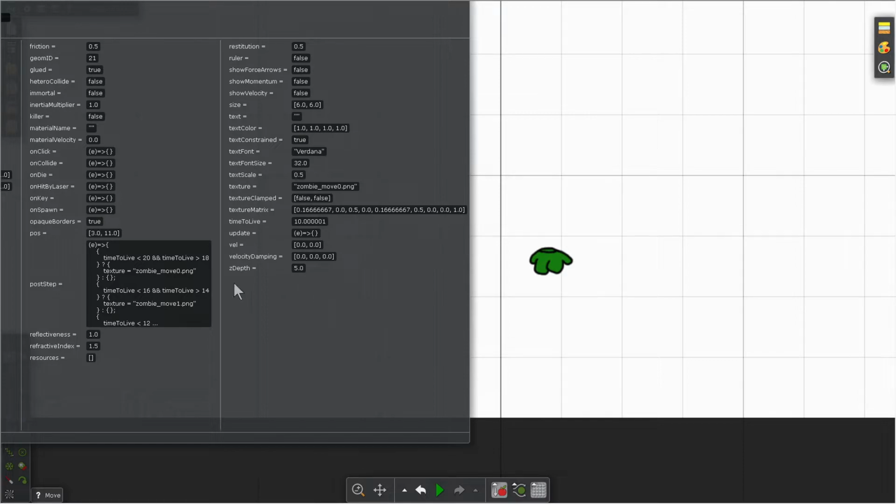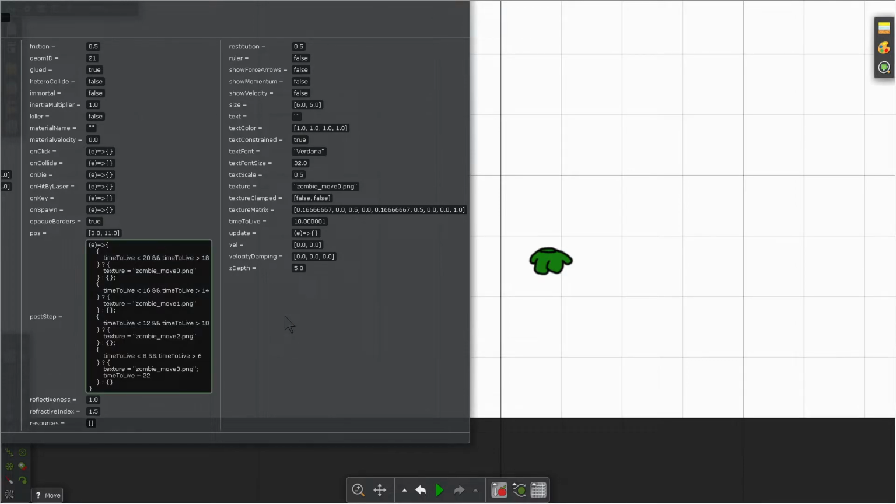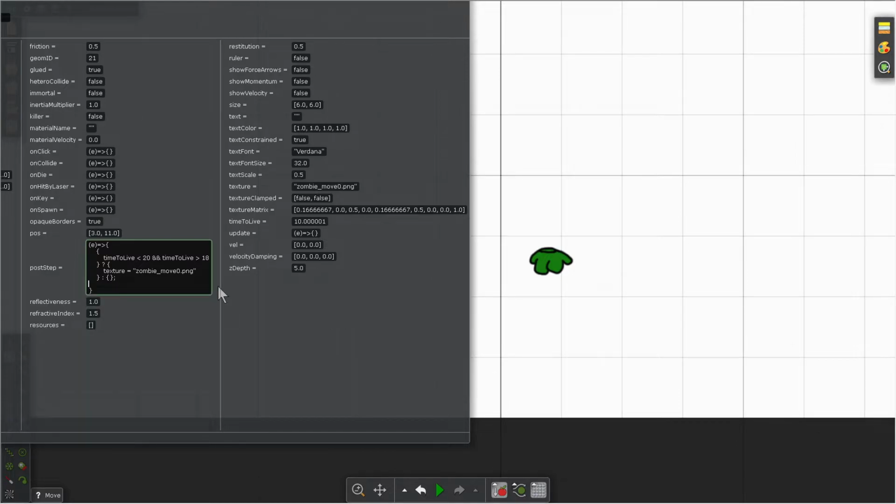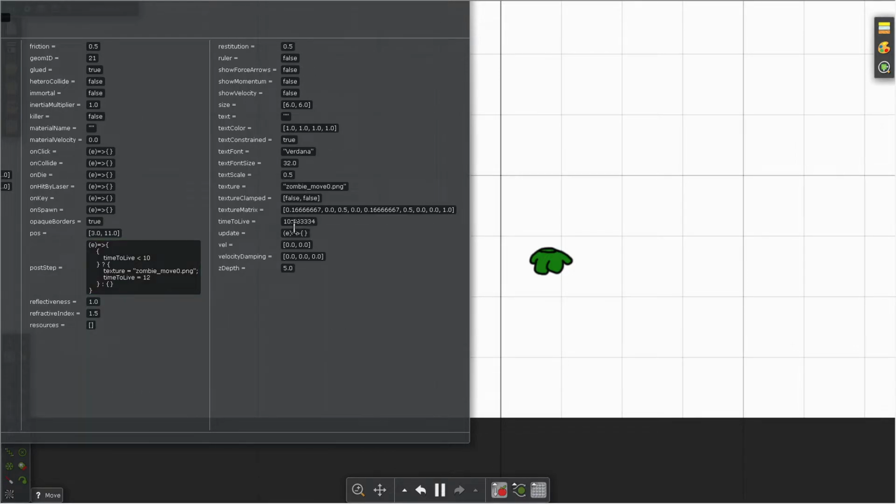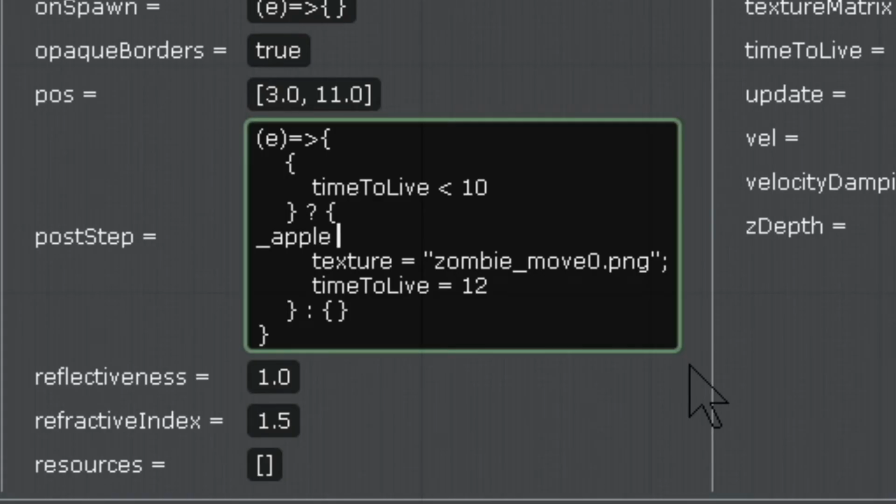However, this is not ideal when you have more textures, as changing each frame with their own code can be time-consuming, especially if you also made mistakes that need to change for every frame, and it is also very large, so we will be scratching that and leave just one if statement. Now the statement is very simple. Every time the timer goes below 10, it will set the texture to the first frame and turn timer back to 12. Very useless. What we can add is a variable that increases its value by 1 every time the